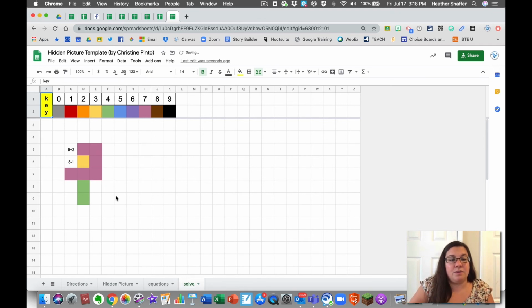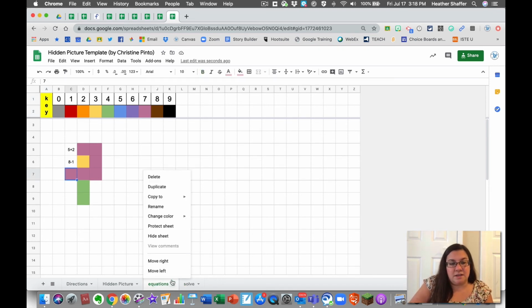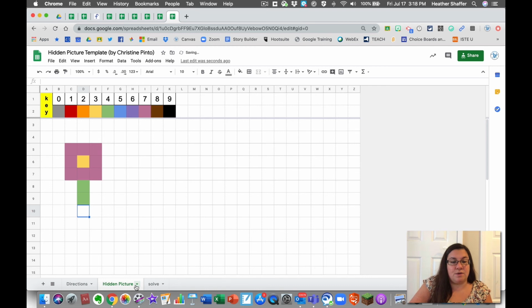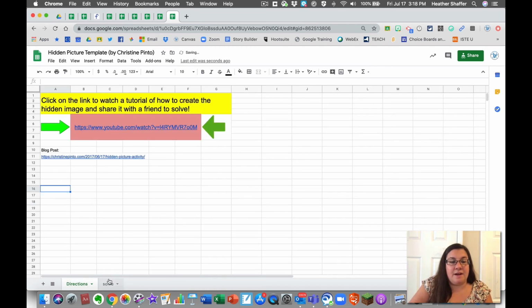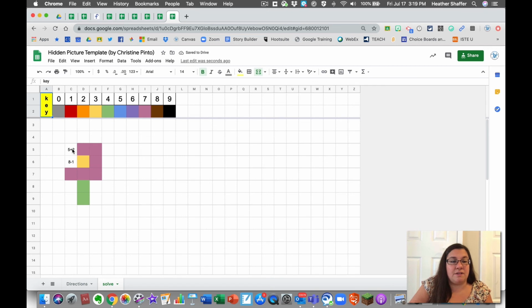And now you remember this will be all equations. You won't see any color here. And you will hide the other tabs so that whoever you're giving this to figure out what your hidden picture is won't know what the answer is, right? So you click here on equations and you go to hide sheet and you go to hidden picture and you go to hide sheet. And now your friend will just see solve